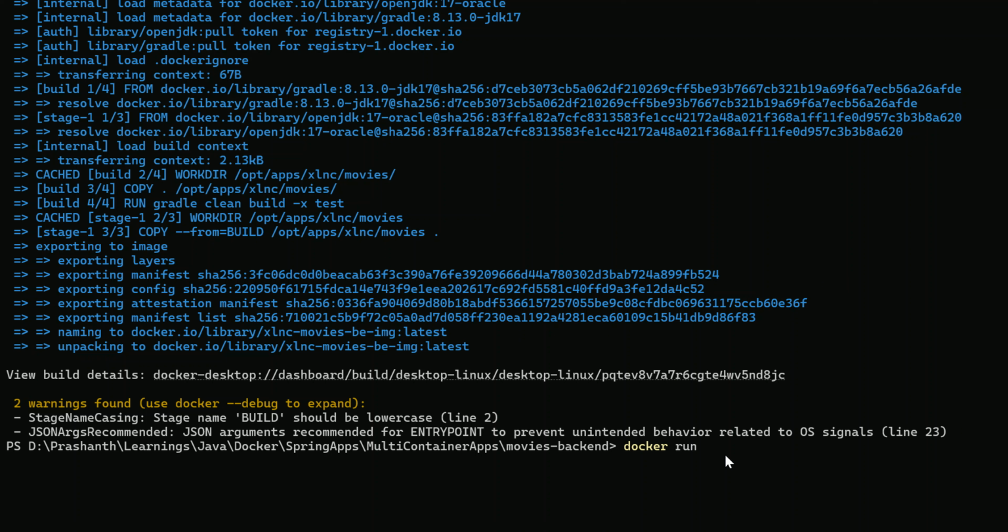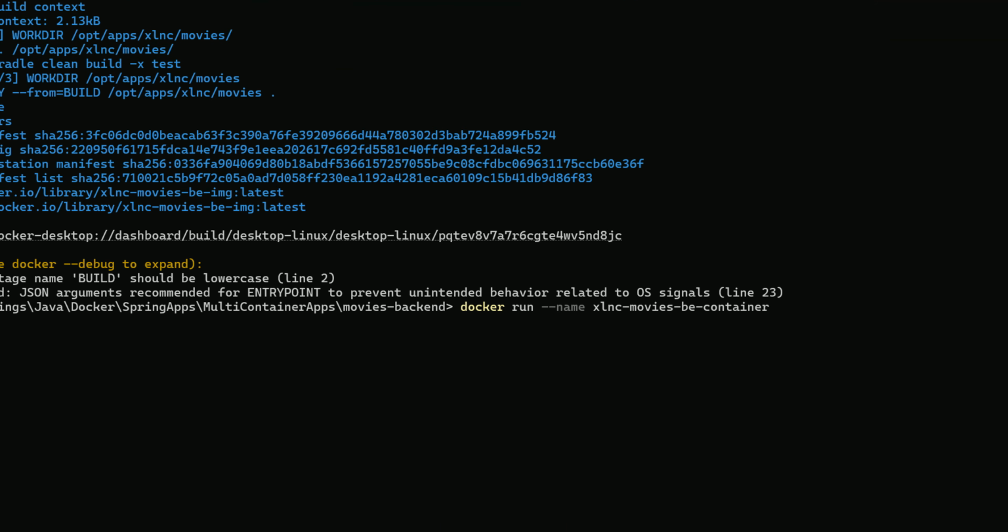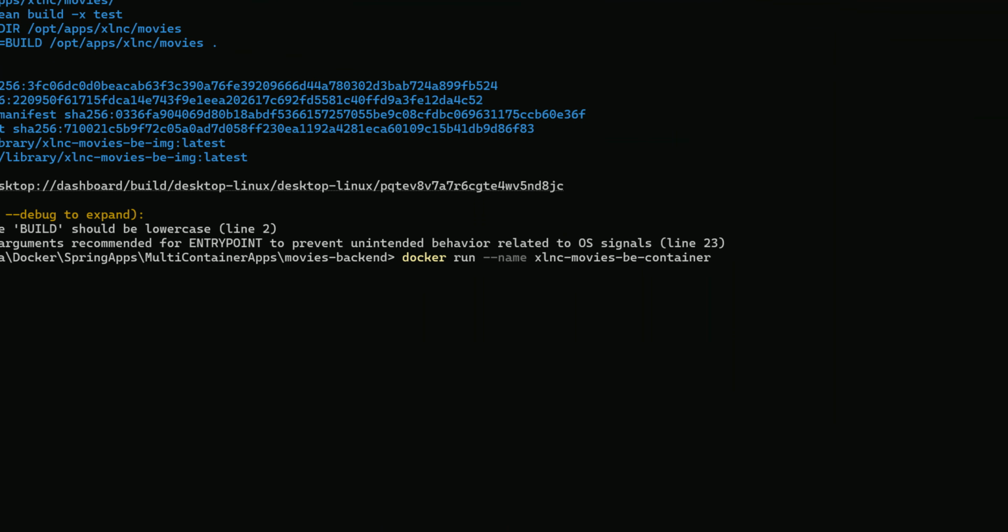So docker run. In order to run this container, I'm going to give it a name: excellency-movies-backend-container, right? Because this is a container. Then I would like this to be removed whenever the container stops. Okay. And then I would like to expose the,